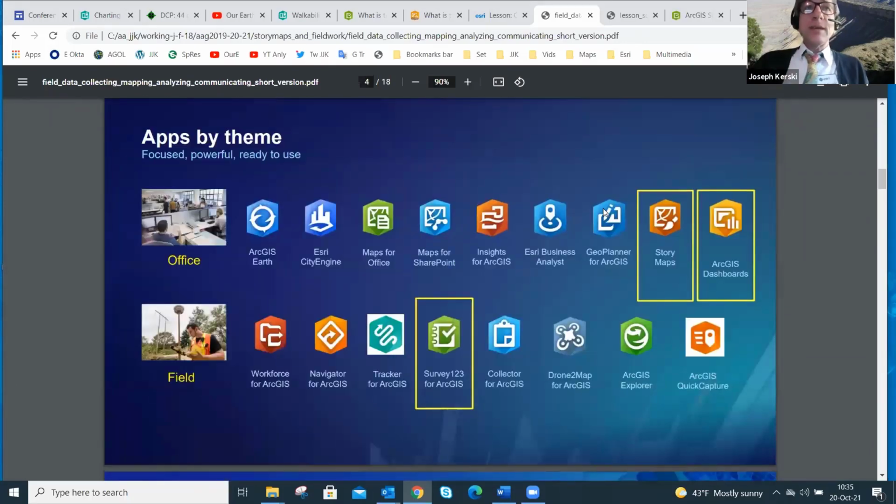I'm not going to go into all of these, but many of them have been mentioned at the conference thus far. Today, we're going to be into story maps, ArcGIS Dashboards, Survey123. I like to group these in, they're difficult to group, but office apps, you can see others there. I mentioned Business Analyst Web that I use with business schools in the last presentation. Field apps, a lot of those, Collector, Navigator, that's all part of Field Maps now.